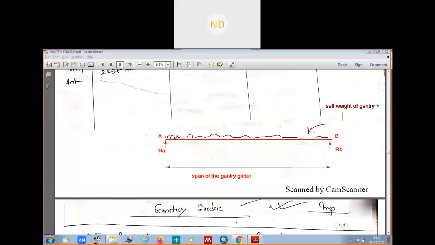If I write at the bottom, rail per meter. Okay, so this is the self weight of the gantry girder plus the rail section which will be there, because we know I told you